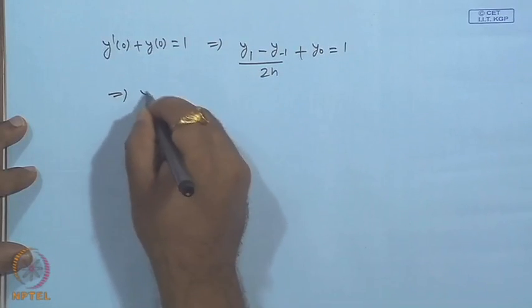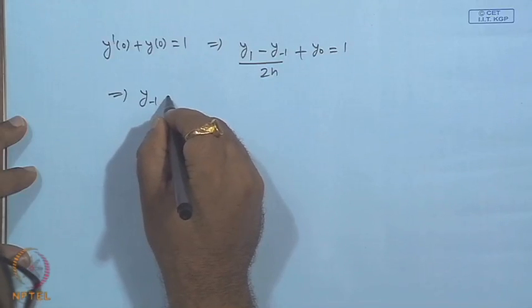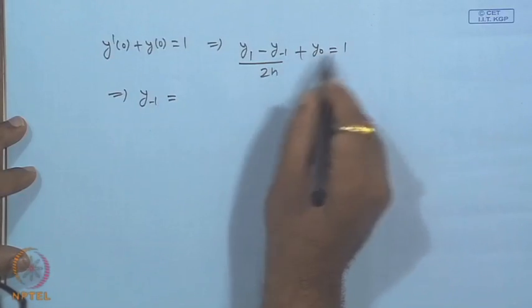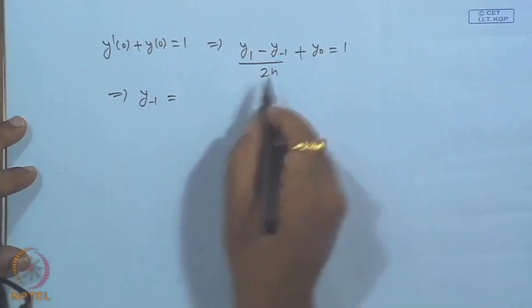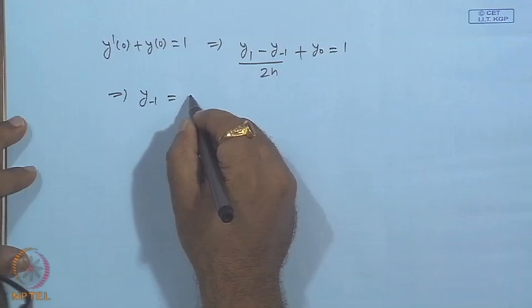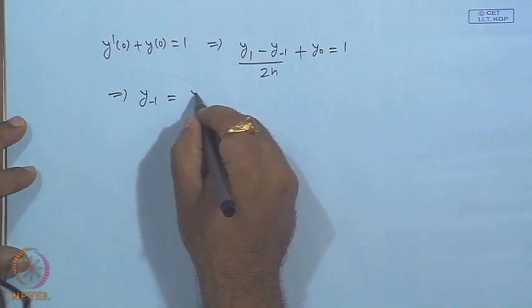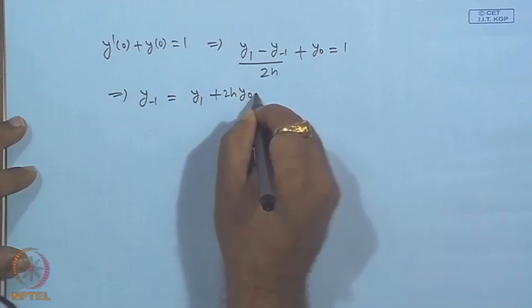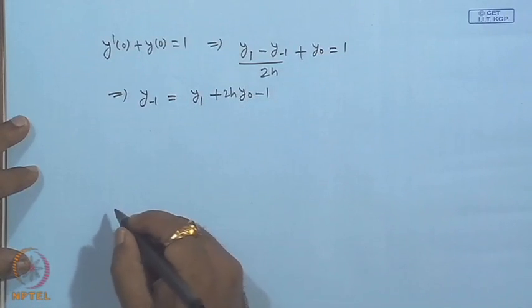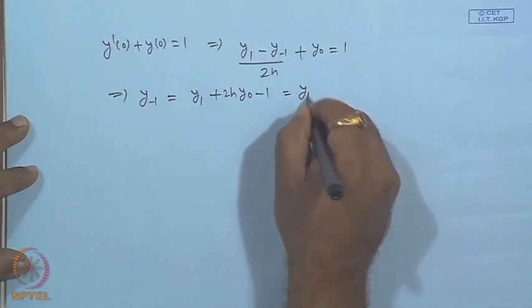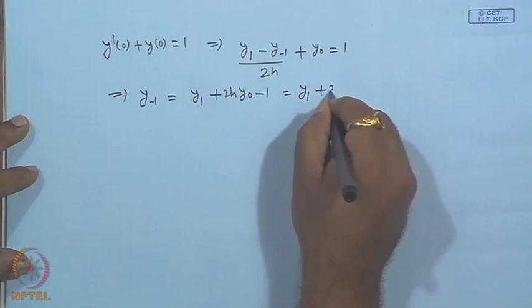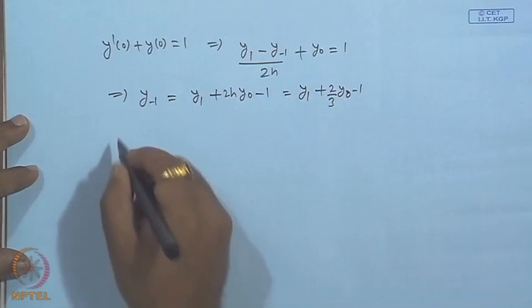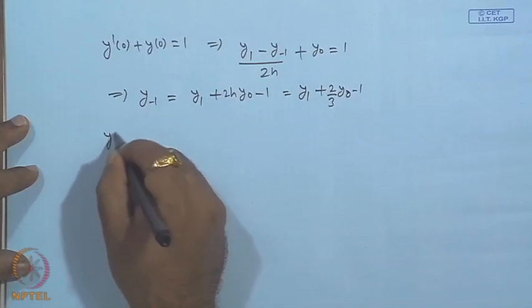So, this implies y minus 1 equals y 1 plus 2 by 3 y 0 minus 1